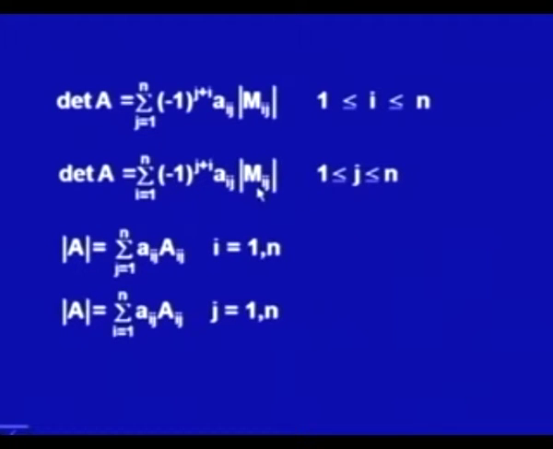Now, we have further defined cofactors A ij. Here we have minus 1 raised to power i plus j times M ij, so we absorb this term with the minor and we define A ij as the cofactor of the ijth element of the matrix A. So, we define determinant A in this manner where i varies from 1 to n, and if we consider column wise expansion, then we can take this definition and j varies from 1 to n. After that, we have discussed some properties and we have proved these properties.